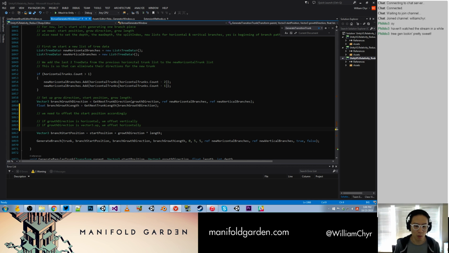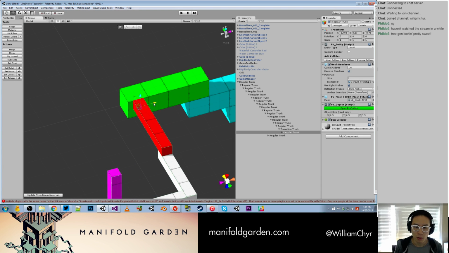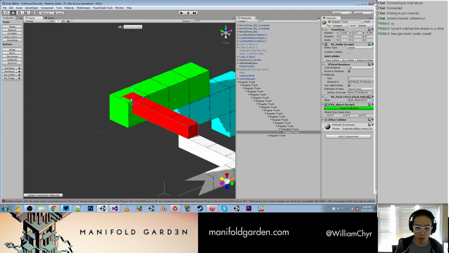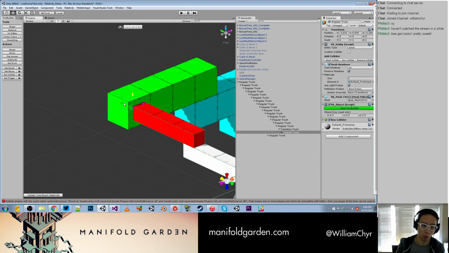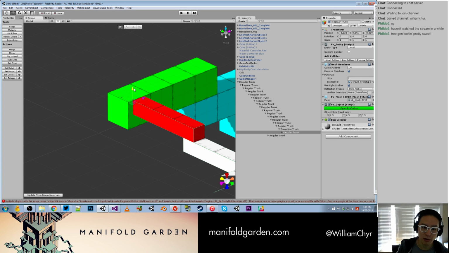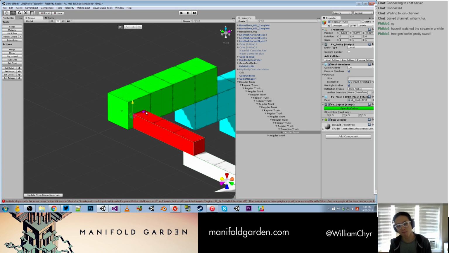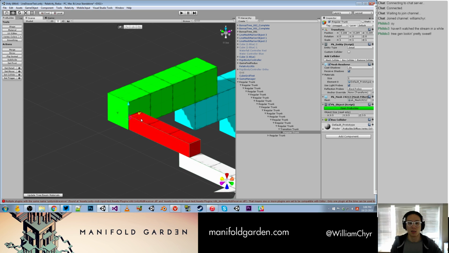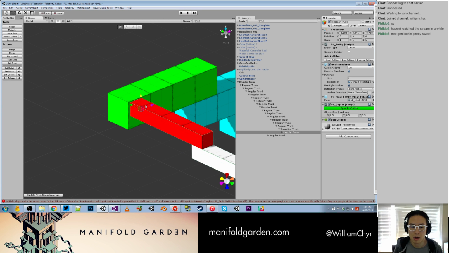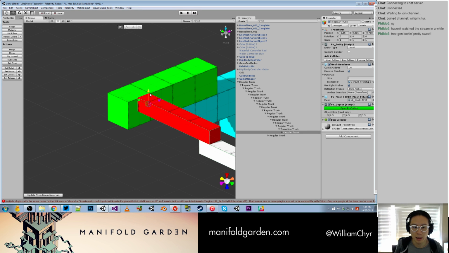So basically what this is saying is, you can see this red branch, it's going out horizontally, right? So that means the offset needs to happen like, we need to have, actually, just realized we need to offset it in a bunch of directions. It needs to be,